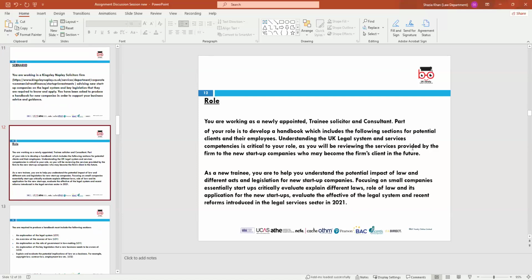Understanding the UK legal system and services competence is critical to your role, as you will be reviewing the services provided by the firm to the new startup companies who may become the firm's client in the future. As a new trainee, you are able to understand the potential impact of law and different acts and legislation for new startup companies, focusing on small companies, essential startups, critically evaluate, explain different laws, role of law and its application of new startups, and you evaluate the effectiveness of the legal system and recent reforms in the legal services in